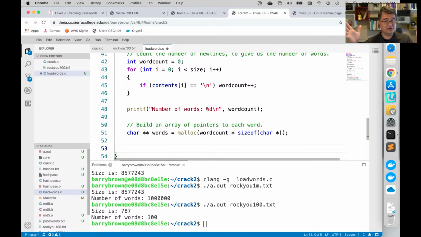And now, here's where we would start going through that array, the really big one, looking for each newline character, replacing it with a null character, and also simultaneously storing away in this other array where each one of those words begins.